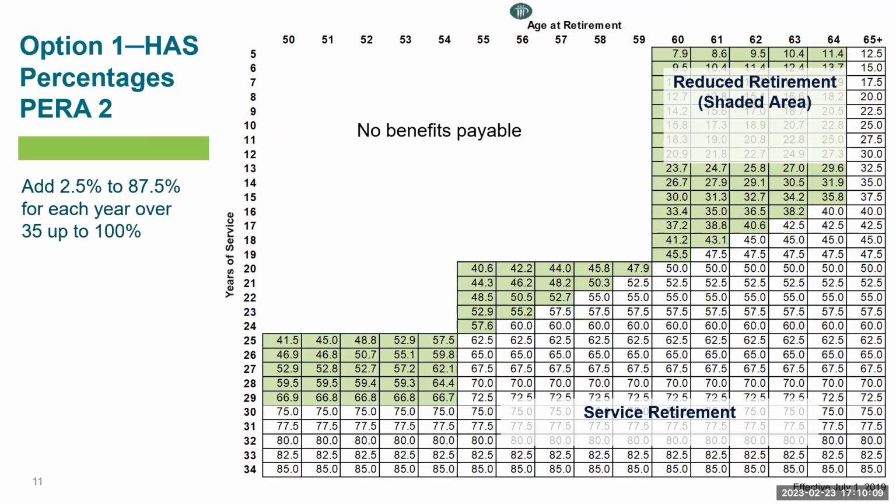As you can see, the first time this PERA table would be able to retire would be, in most cases, age 59 with at least 20 years of service credit. Obviously, there are some years they can retire earlier, but at age 59 all the way till 60, they're going to fall into this green area. And this is reduced retirement, guys. This means you're retiring early and you're receiving a reduction to your overall benefit.